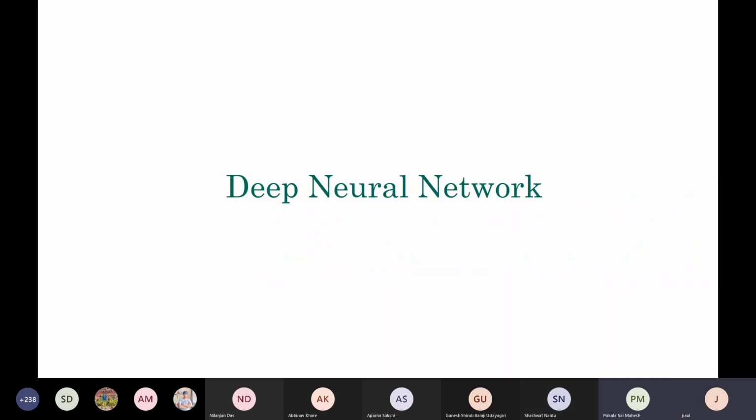Okay, so let's get into probably something that you are most interested in. Most of the things in machine learning people do using deep neural networks, so let's get started with that. I will try to give you the foundation for it, so that you can build upon this foundation to get things done, like building new networks and training them. So what's the motivation? Let's start with a very simple example to motivate.